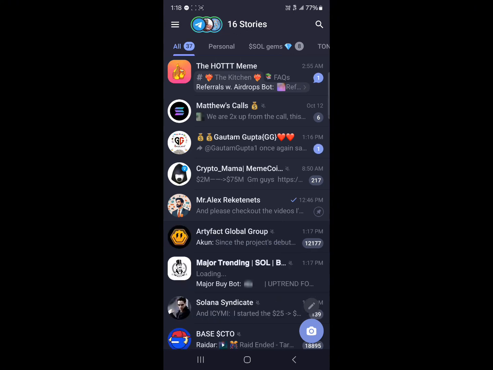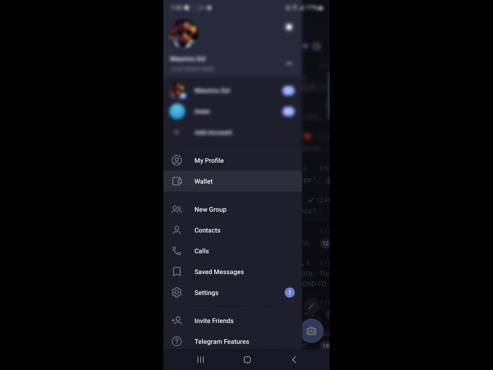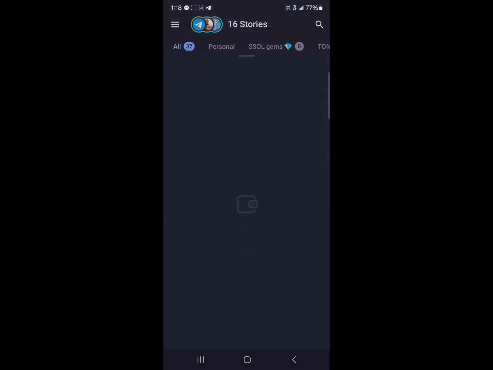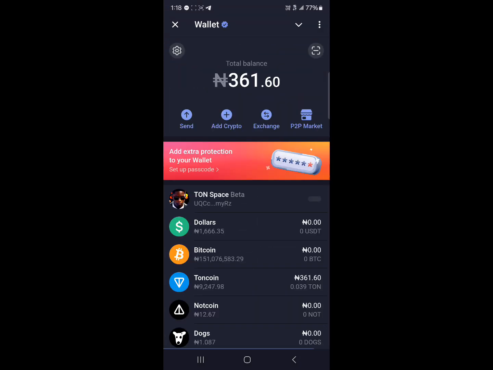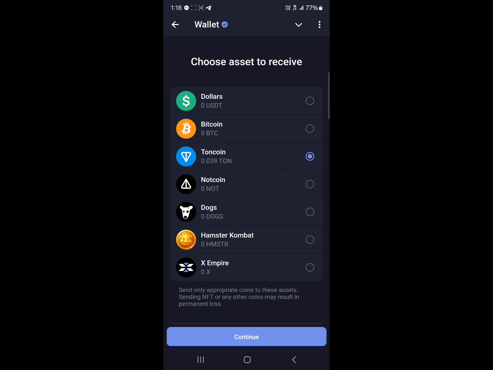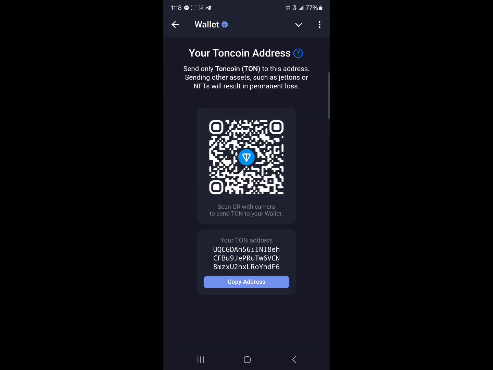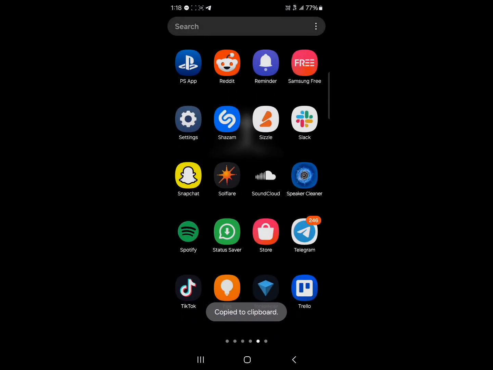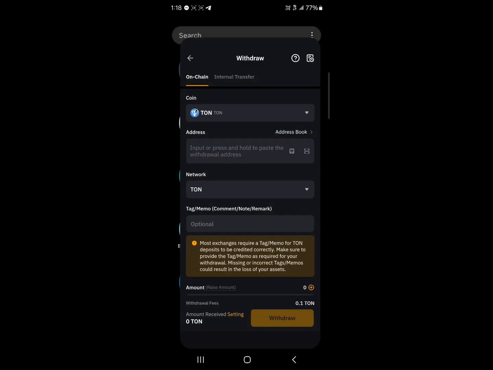Once it's been opened, the icon at the top left, click on this hamburger icon, click on the wallets option. So click on wallet. Once the wallet has opened up, click on the add crypto option you find, click on external wallet, select Ton as the token you wish to receive, copy the address, minimize and open up Bybit, paste